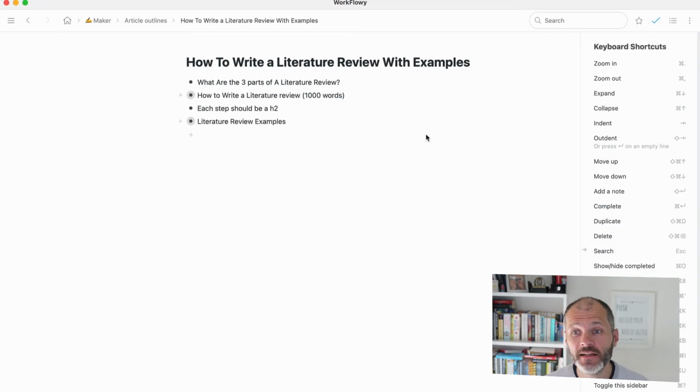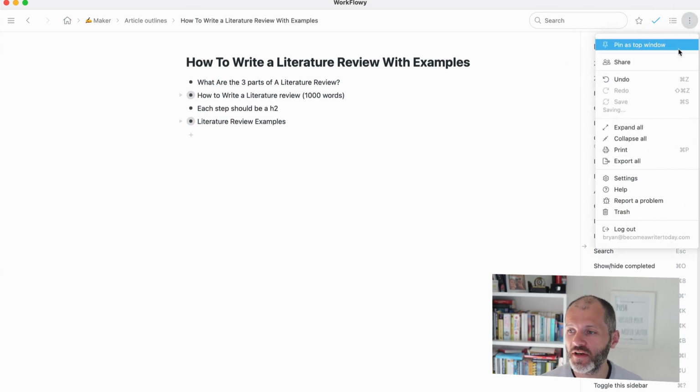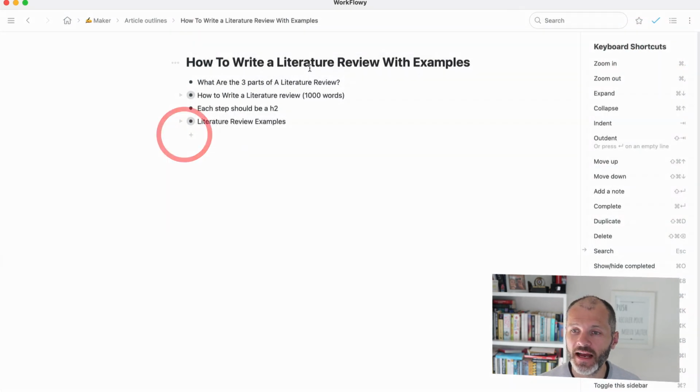My 10th and final tip for you is to share outlines with other writers, if that's what they're for. So usually an outline is for you, the writer, but if you're briefing somebody else, you can use software to share an outline and give them a bit more information about what they should say. So you can do this easily enough in Workflowy. You just click on the 3 dots here and you can click on share, and I can share this particular element of Workflowy with a writer, and then they can refer to it and review all of the sections in